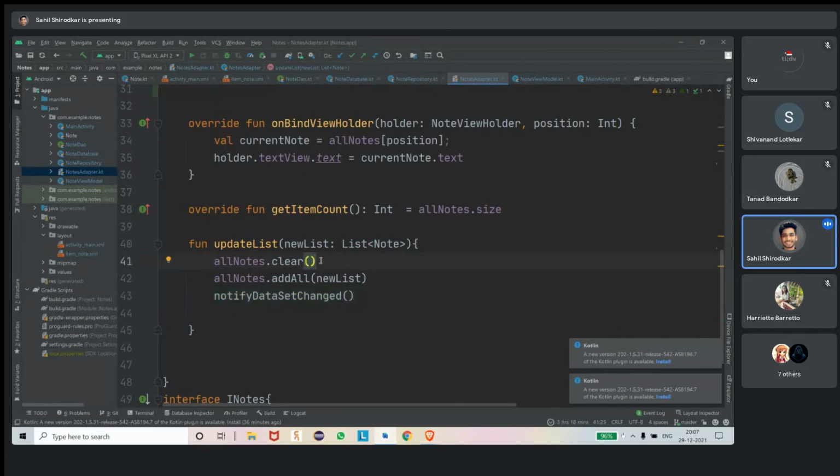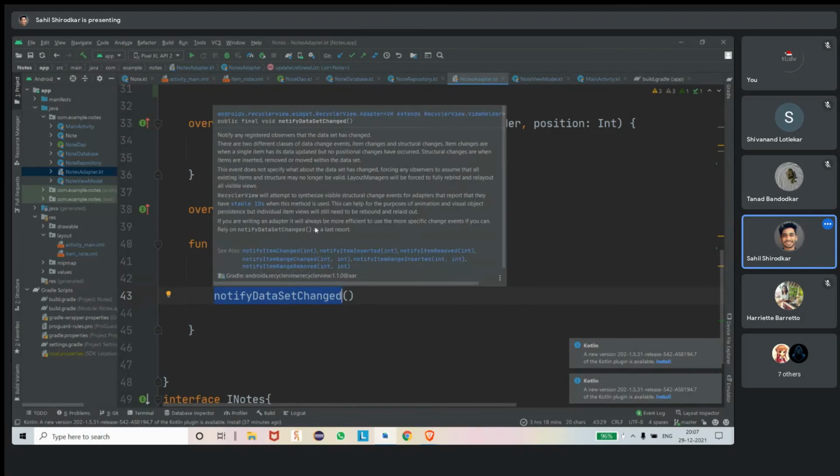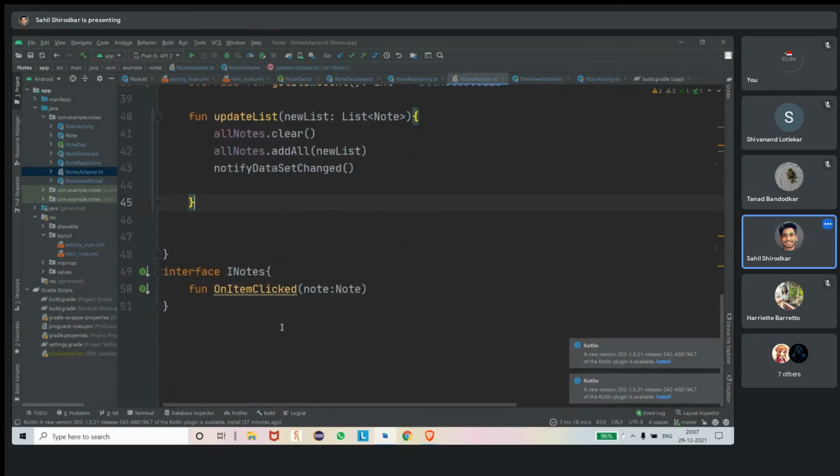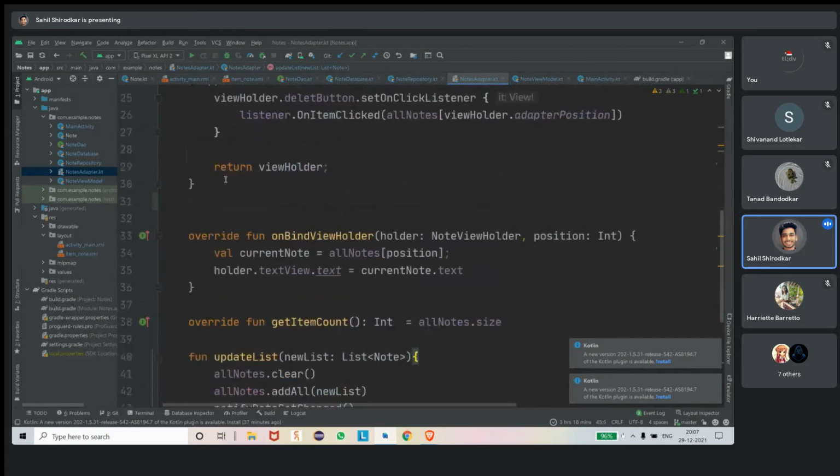This will clear the list of a recycler view. This will add all the new list items inside the list of recycler view, and this will change the UI. This will notify the UI that something has changed, so you should update the recycler view. Yeah.